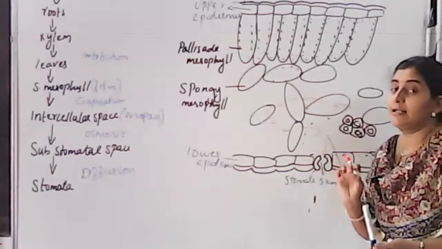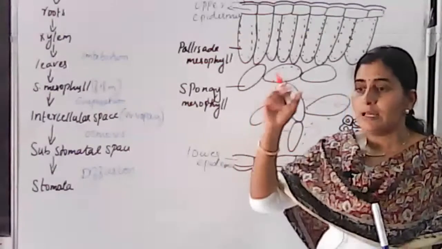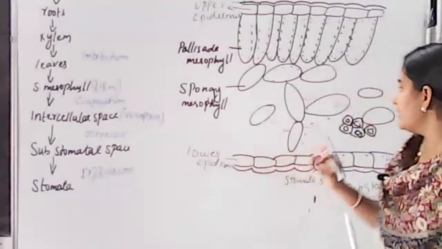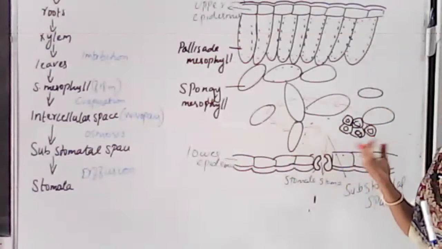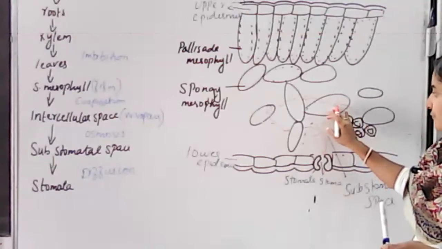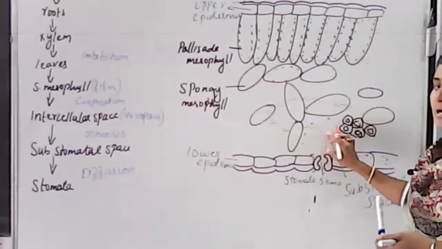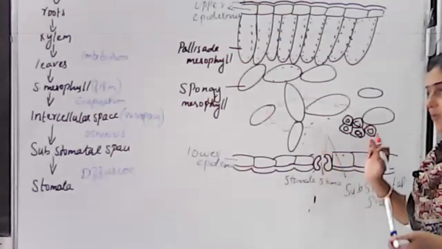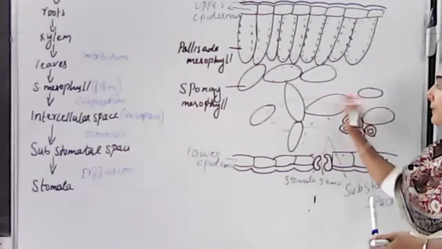Got the pathway? A common question is: arrange the following in correct logical sequence, with certain terms given in brackets: pathway of water. So what you will write: water from the soil will be carried by the root, from the root it will be carried by the xylem, from the xylem it will be carried to the spongy mesophyll cells, from there to the free intercellular space. From the free intercellular space it reaches the substomatal space, and from there it is carried to the stomata, and through the stoma water will be given outside. Hope you got the pathway of water.